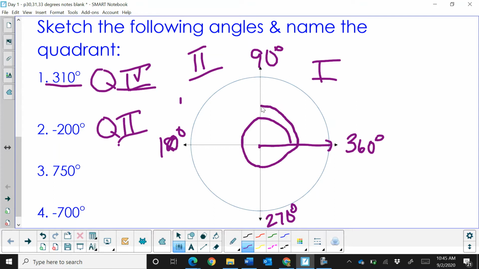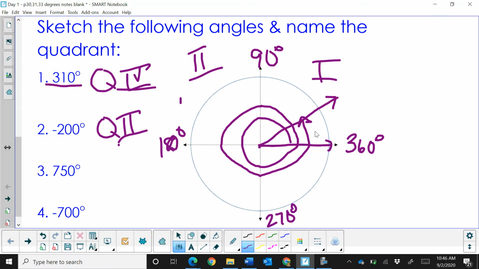So 90 plus 360 is 450. 450 plus another 90 is 540. 540 plus another 90 is 630. 630 plus another 90 is 720. So I've done 2 full circles and I still haven't gotten to 750. I'm at 720. So that means I'm going to go 30 more degrees and I'm going to stop, draw my terminal side,